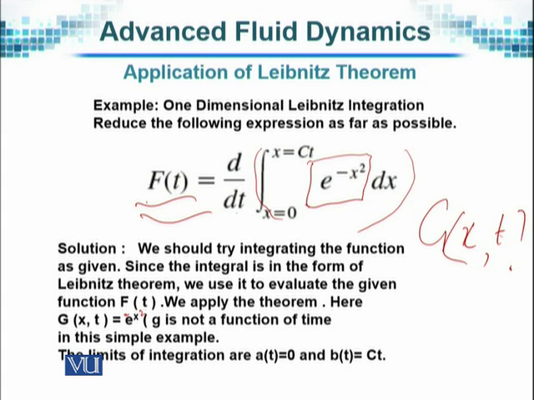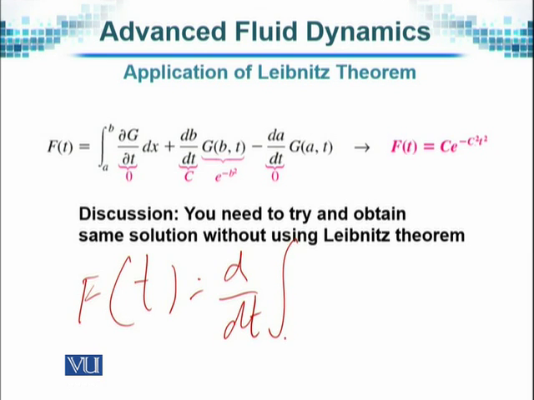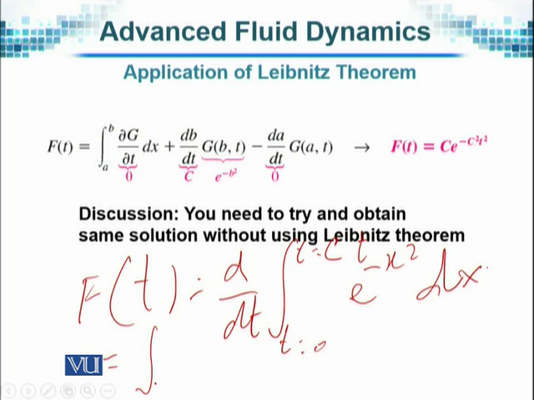When we integrate e to the power minus x square, how simple it is. The function d by dt of the integral from 0 to ct of e to the power minus x square dx will be equal to, by using